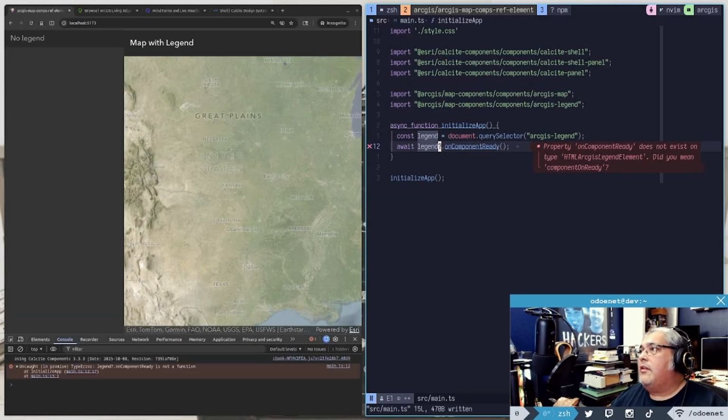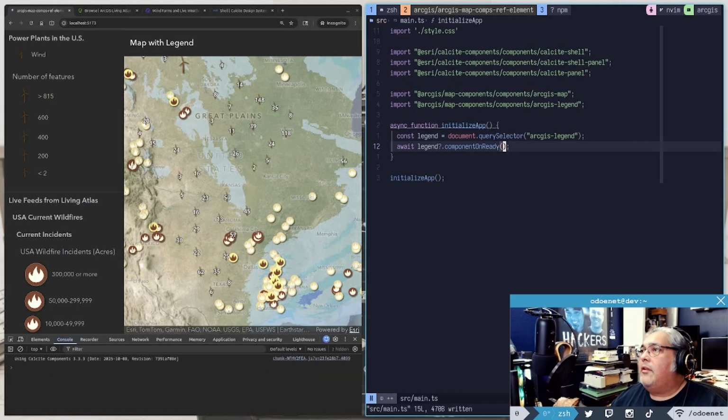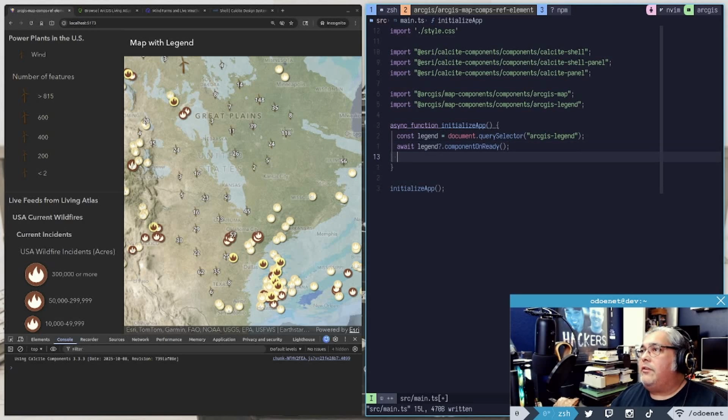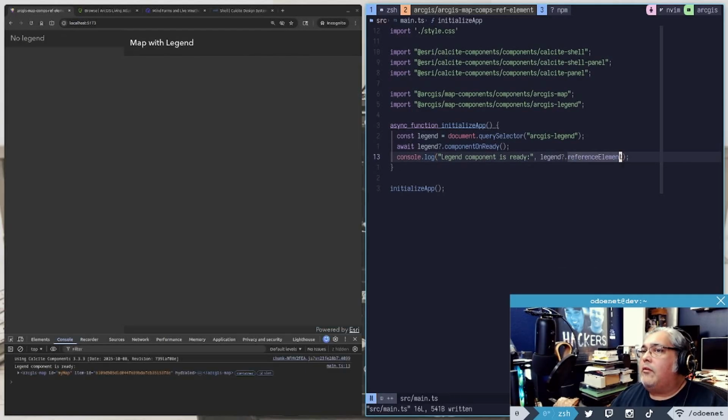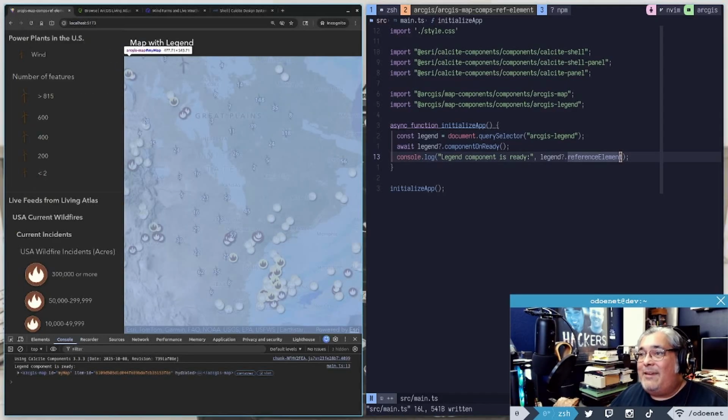Okay, legend component. Isn't it on component on ready? Is that right? Maybe I spelled it wrong. Okay, there we go. Component already. Now, what you'll notice is that I could write the reference element, and the reference element is not the ID that I put in there, but it's the